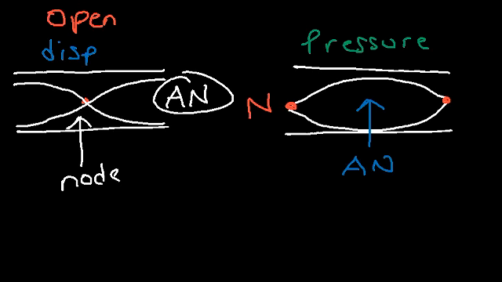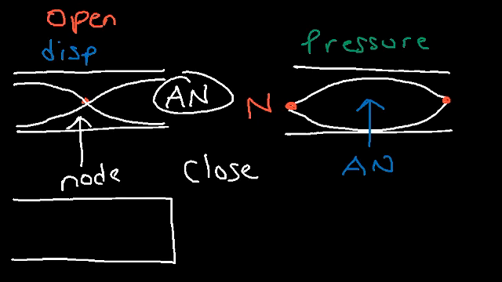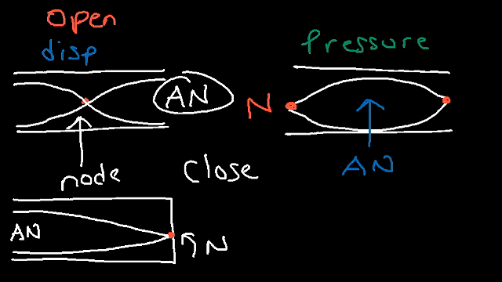Now, what if we have a closed tube, one that's closed on one side? For the displacement of air, we drew the picture. We said that there's a node on the closed end and an antinode on the open end. And so it looked like this. So here's the node, and here is the antinode. For the displacement of air, it's free to move at the open side, so we have an antinode. But air doesn't move freely at the closed end, so we have a node.